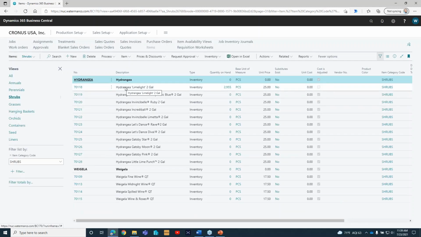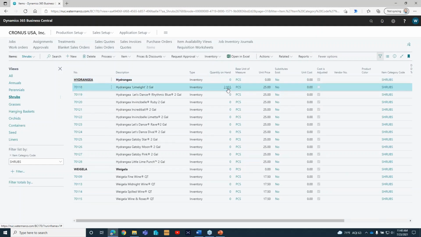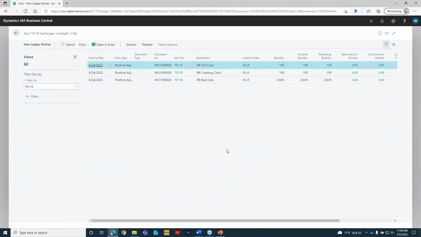Limelight 2 gallon right here. Look at on-hand inventory. There's that 2,955. I'm going to click on that. There we go. So anybody, whether you're in sales, accounting, production, or what, I know that we have 152 gallons